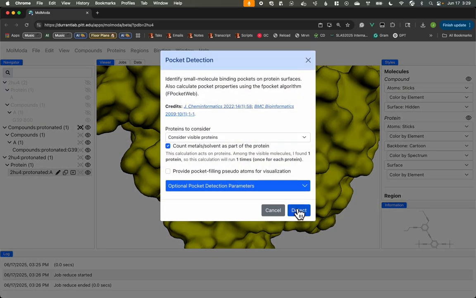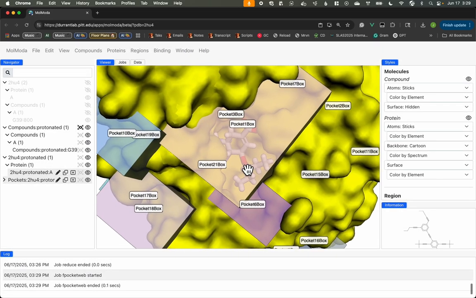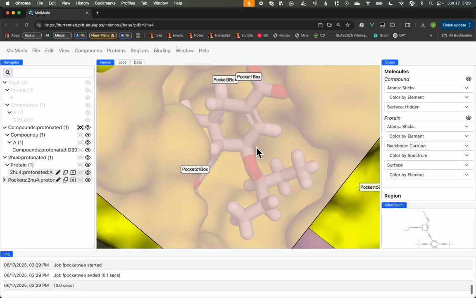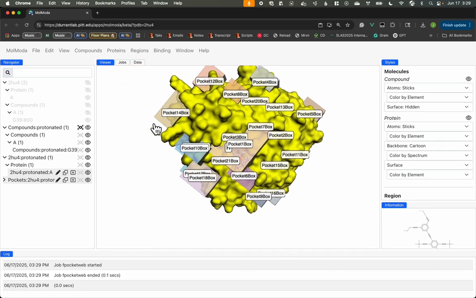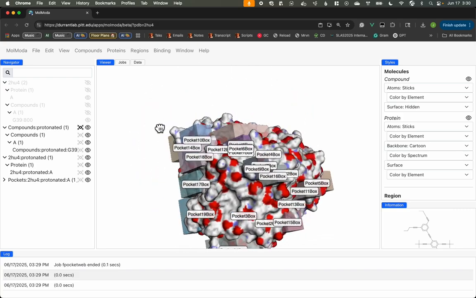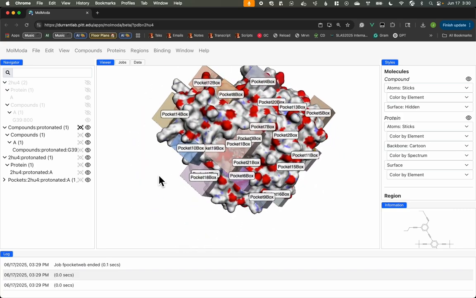And then we're just going to detect all the pockets we can find on the surface of this protein. And again, what's just happening is a binary copy of FPocket was just downloaded here to my browser without me having to install or do anything. And then it ran that calculation right here in the browser. And you can see now this protein is covered in many boxes that indicate the locations of any pockets that